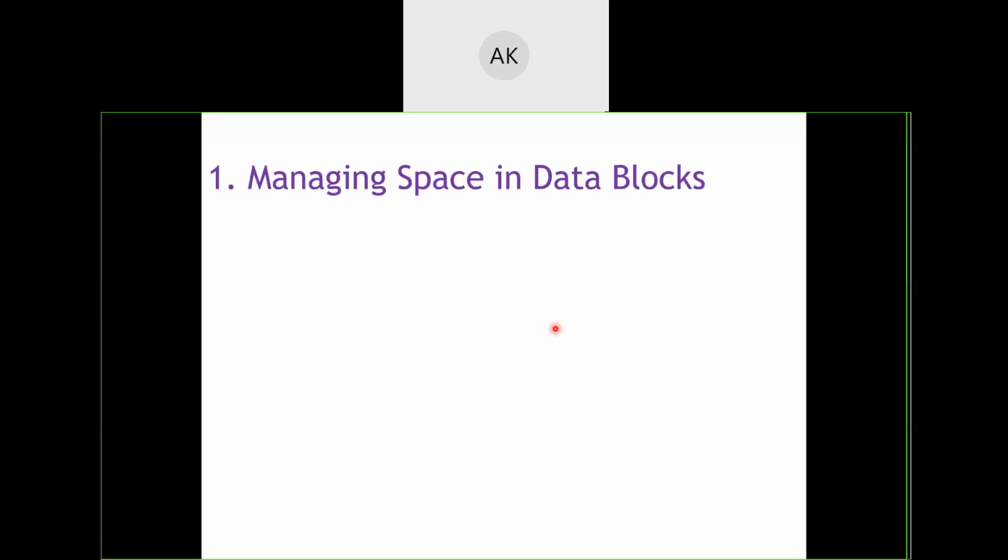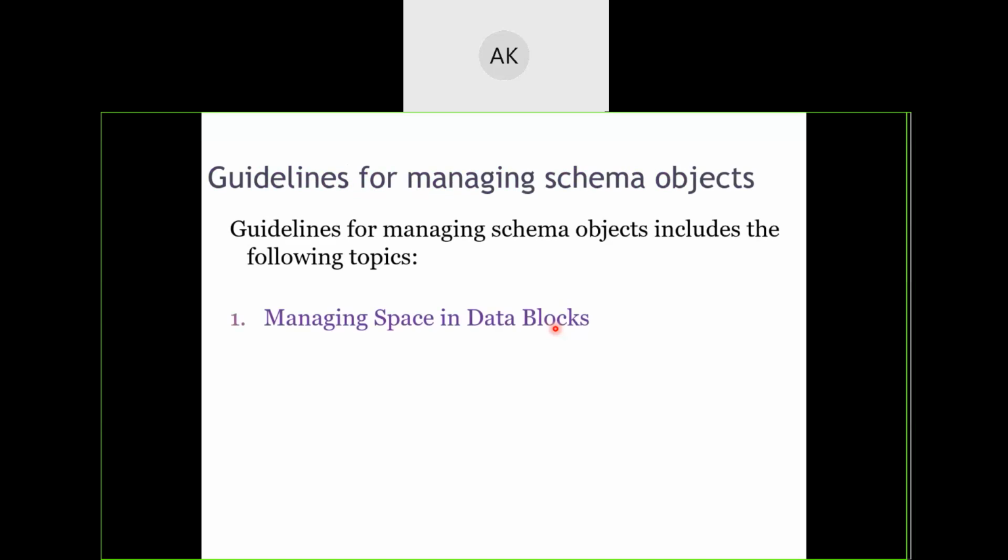Now, with a recap of what we have learned in the morning session, let us try to understand what we are trying to go through in this particular unit. So we were learning about the guidelines for managing schema objects, and in those guidelines, the first part we have to understand is what data blocks are. We came to a conclusion that a data block is the amount of memory that has been allocated for a specific schema object. To manage that chunk of memory allocated for the schema object, we have to consider two parameters, percentage free and percentage used.